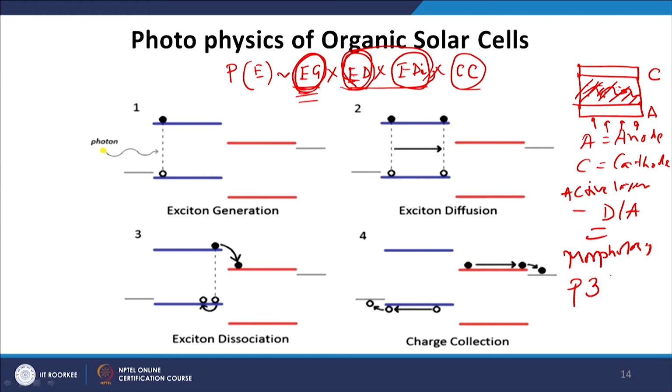Morphology depends on a lot of different parameters. It depends on the quality of the film, and the quality of the film depends on the polymer to acceptor ratio. It depends on the solvent. For example, let us say you have a polymer P3HT, which we are using as a donor polymer. We can use this polymer to spin coat the film from different solvents. We can use chloroform as a solvent, chlorobenzene, or 1,2-dichlorobenzene. Now, what is the difference between all these solvents?